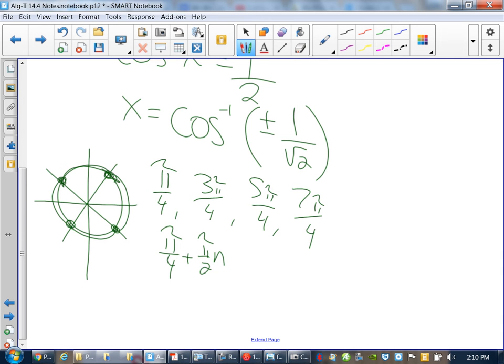Because they're all 90 degrees apart. When you get pi over 6s and pi over 3s, they're not the same distance apart because they create rectangles. This is how it works. How wrong would you be then if you said pi over 4 plus pi and then 3 pi over 4